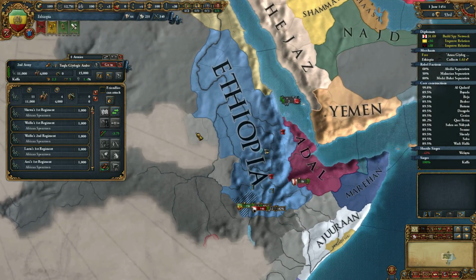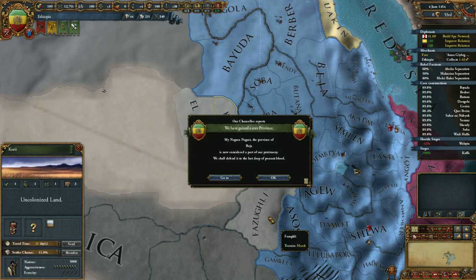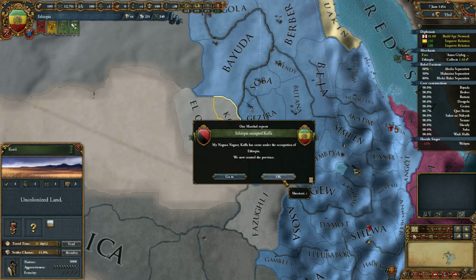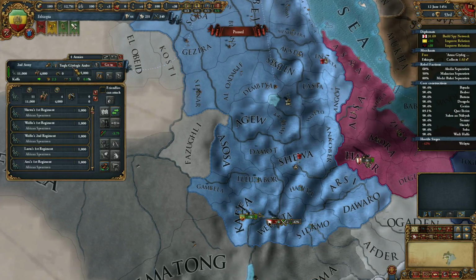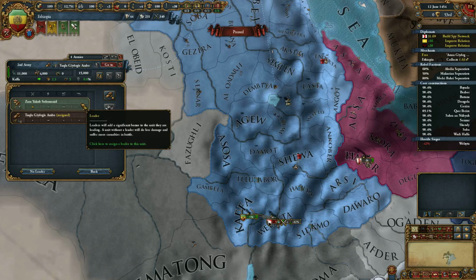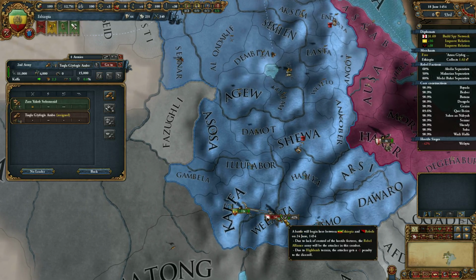So this is going pretty well so far. It's showing those because I now have knowledge of them. Good. Some of the early cores are finishing. We're actually going to get bonuses when we attack here. So